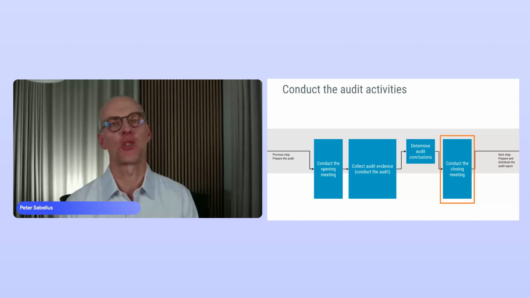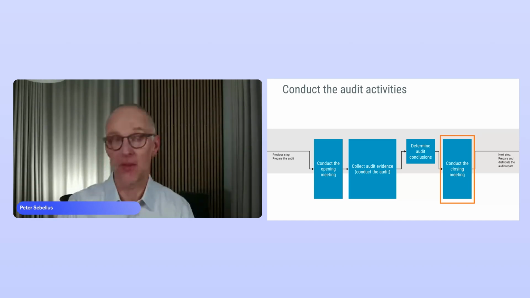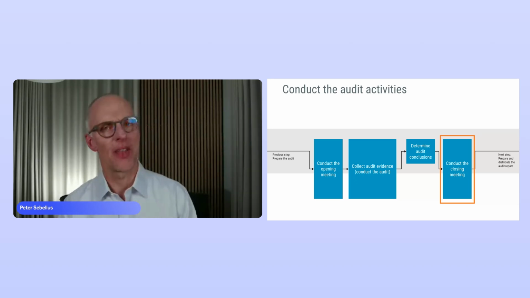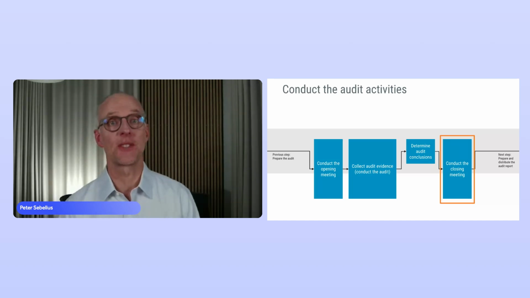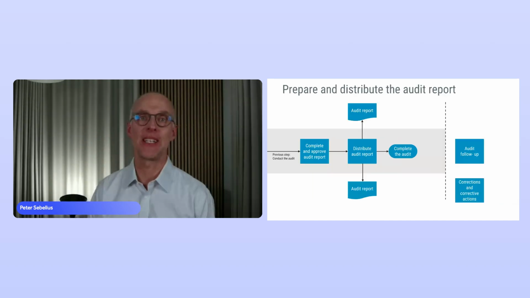Any discovered nonconformities should have been communicated during the previous steps. So don't come up with, "Oh, and there are 4 things I never mentioned to you." That's not good practice. Then again, once the closing meeting is done, the auditor leaves the auditee and starts approving